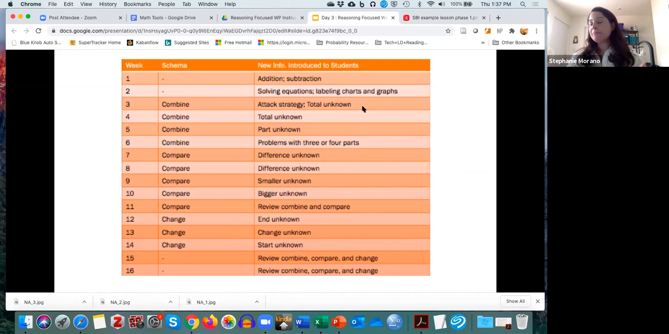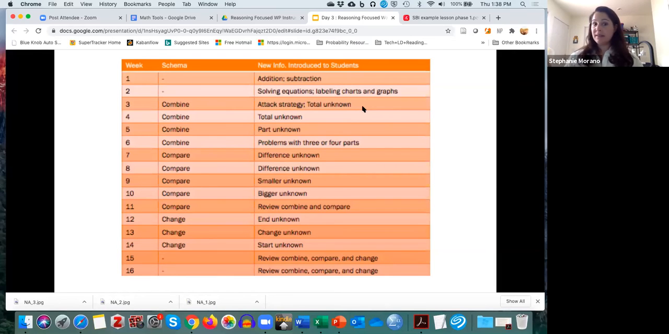So you could spend one day teaching the attack strategy, say Monday. Tuesday, you review the attack strategy and start filling out the Frere model for combine total problems. Wednesday, review your Frere model, review your attack strategy, and start reasoning through combine total missing problems that have no missing information. Do more reasoning on Thursday, and then maybe on Friday, you introduce problems that have missing information. So you're just really slowly